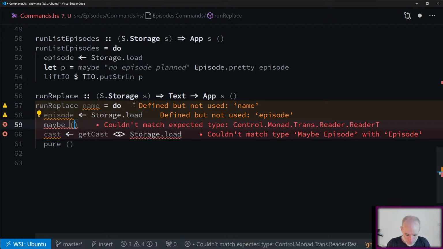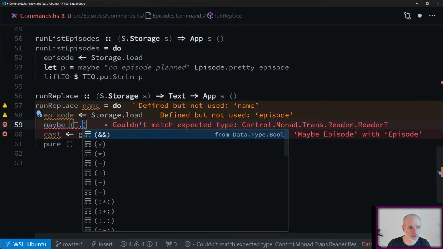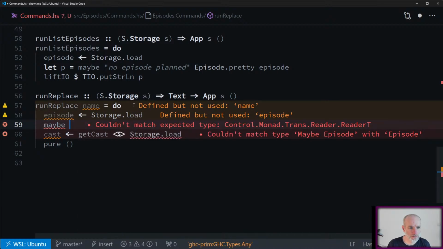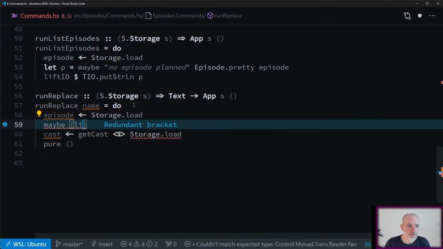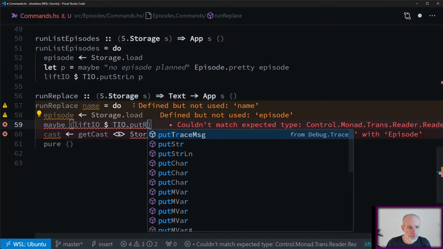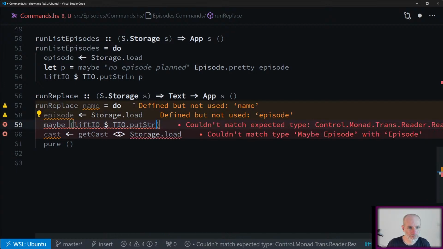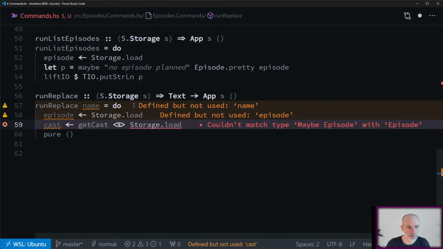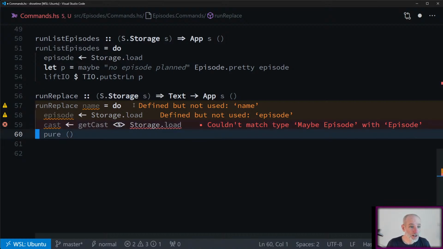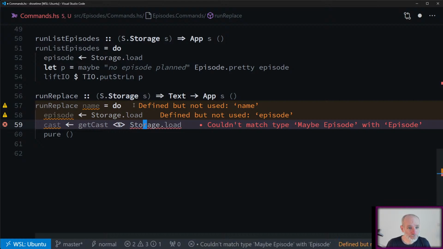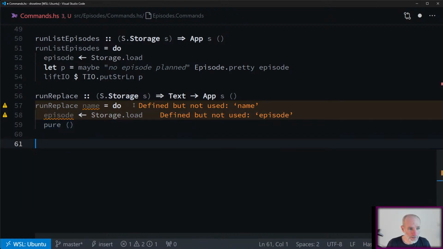Maybe what we're going to do here, can we say putStrLn in liftIO or t dot liftIO of TIO dot putStr. And in fact, I'm not even going to do that. I was going to print out some error message if there was no cast, so no episode. But actually what I want to do is do something slightly different, which is I want to return